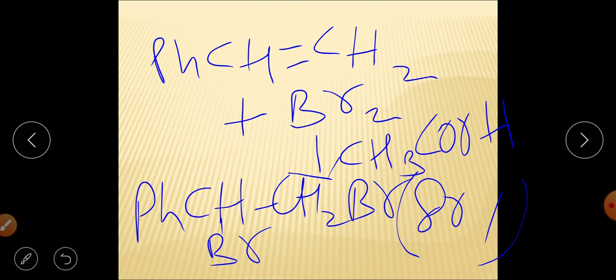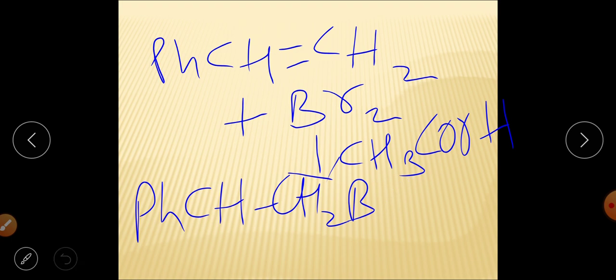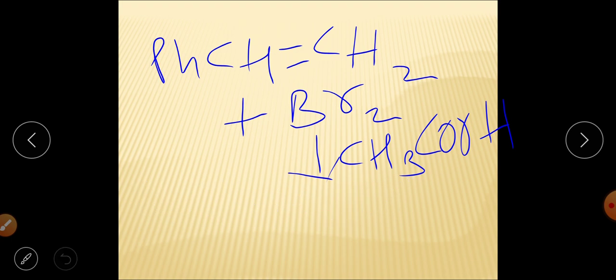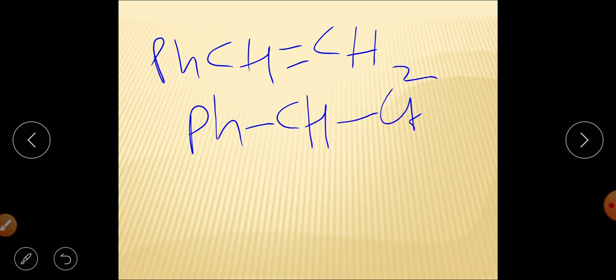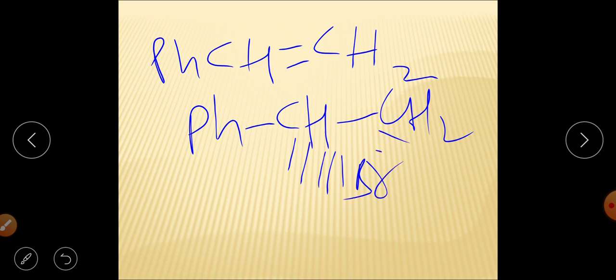And when we are talking about the second product, as you know, the cyclic bromonium ion has been synthesized, this particular intermediate. There will be this bromine, and here you are getting a cyclic bromonium ion, right? Now this has been synthesized and you are having solvent as acetic acid, so there is a chance that